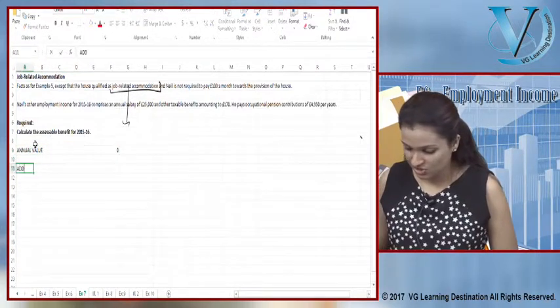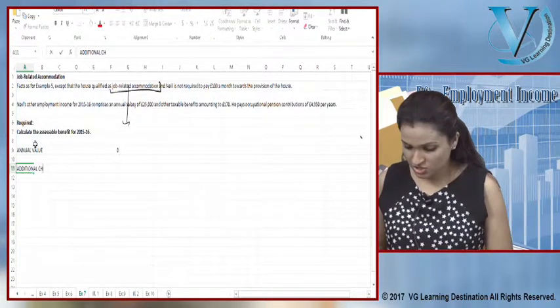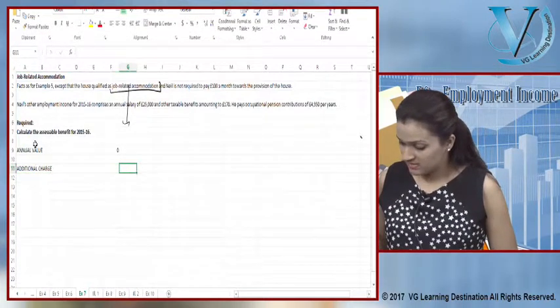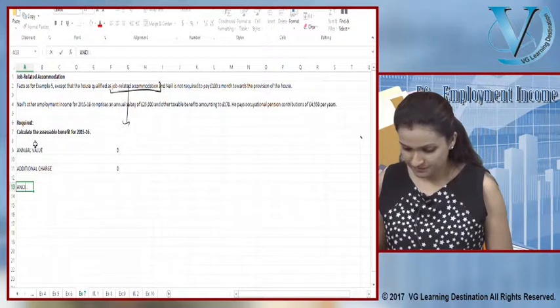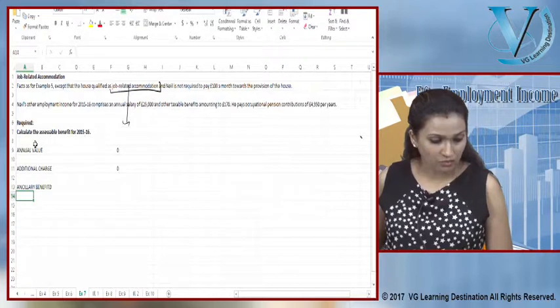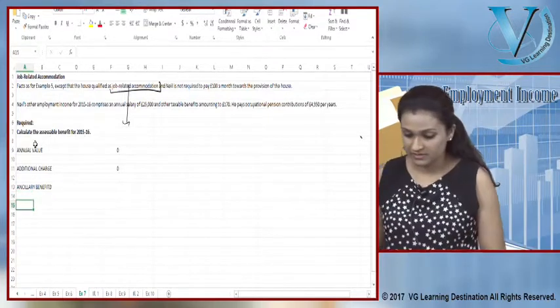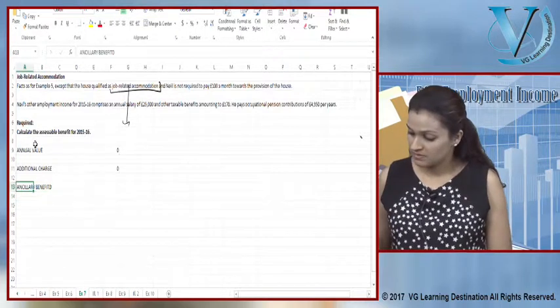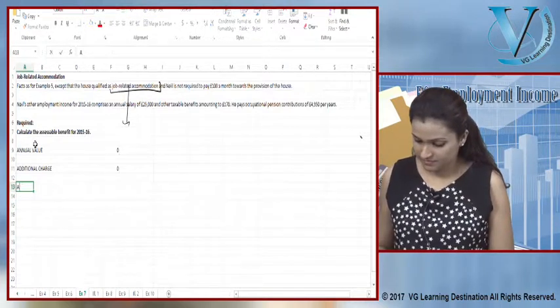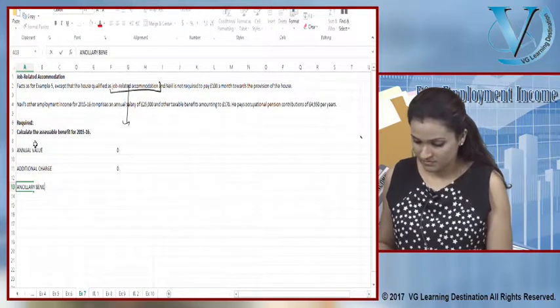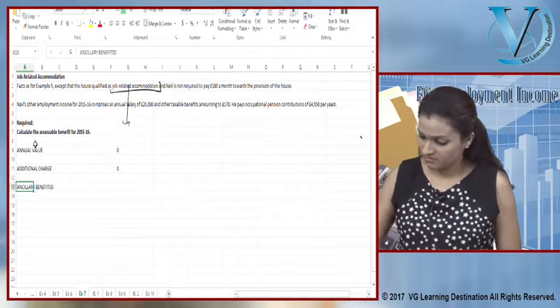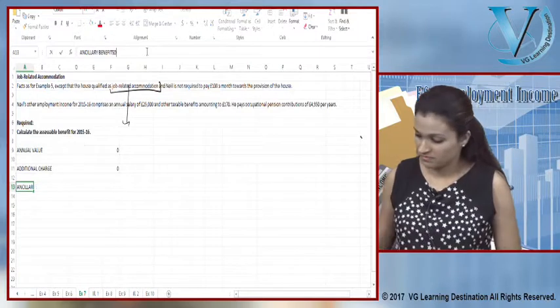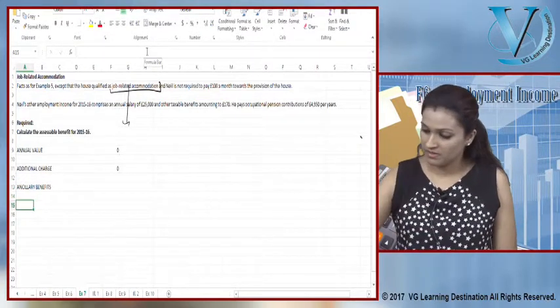Also a 0 is your additional charge, which is again now 0. Out of your ancillary benefits, what happens? Out of your ancillary benefits, you're going to take, why this is coming. Right, it is going to be